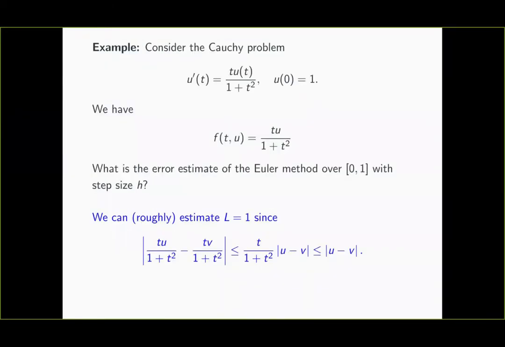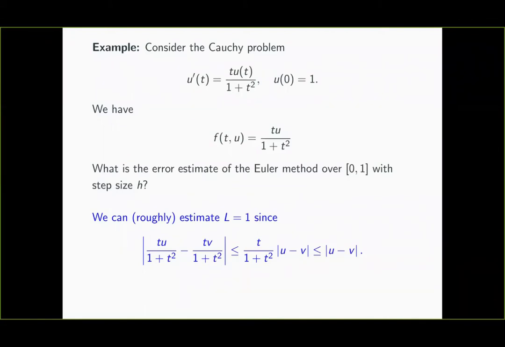Let's take a look at another example. Suppose I've got the Cauchy problem u'(t) = t·u(t)/(1 + t²), with initial condition u(0) = 1. In that case, the right-hand side of the differential equation is f(t, u) = t·u/(1 + t²). Now let's suppose I'm interested in the values of that solution